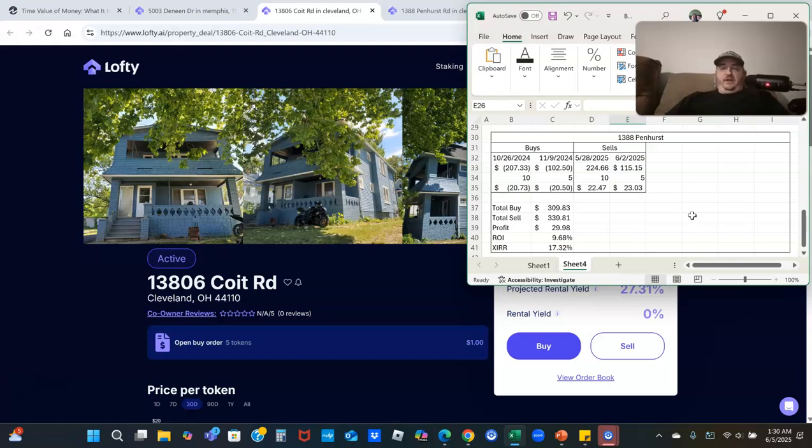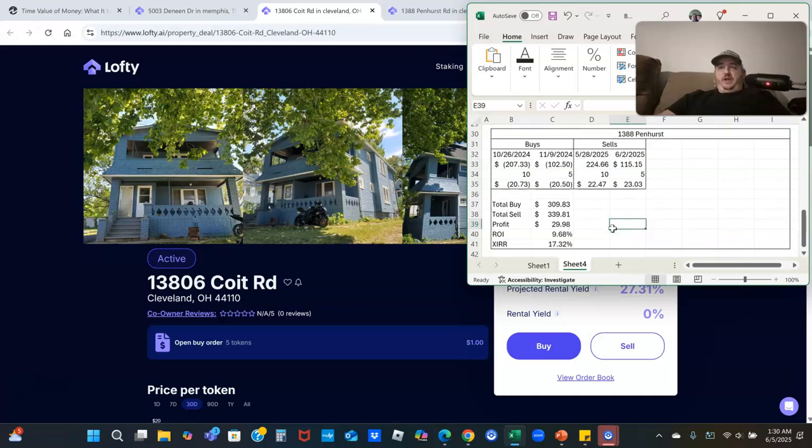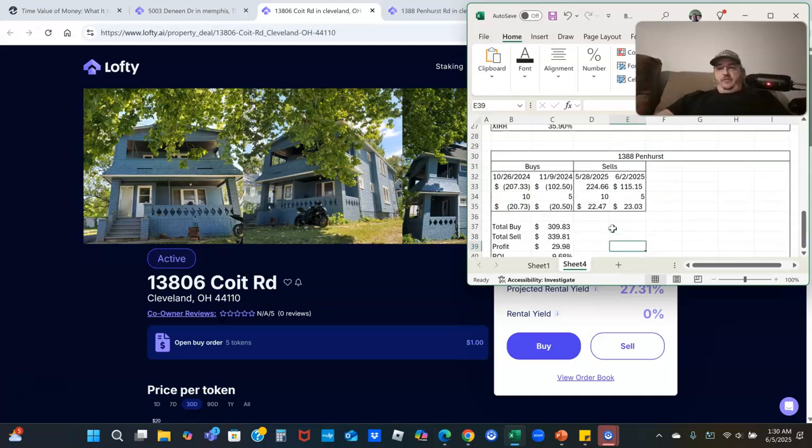It's less than a 10% ROI. And because these were ones that I held on to for a long time, my XIRR is only 17. I say it's kind of weird to say "only 17," because it's still a fantastic return when you compare it to most things in the world that you can invest in. But on this platform, I'm just expecting to do much better, because so far I've been able to,